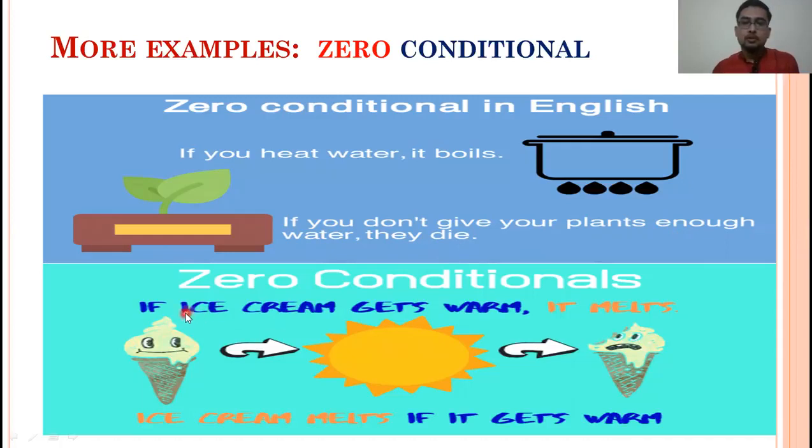More example, if you look at the third example, if ice cream gets warm, it melts. আমরা দেখতে পাচ্ছি যদি আইসক্রিমকে যদি আমরা if you just expose ice cream in warm condition, warm environment, it tends to melt. আইসক্রিমকে গরম পরিবেশে রাখলে এগুলো গলে যাবে।